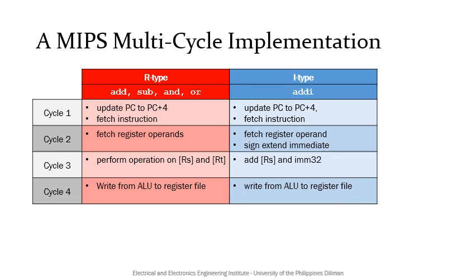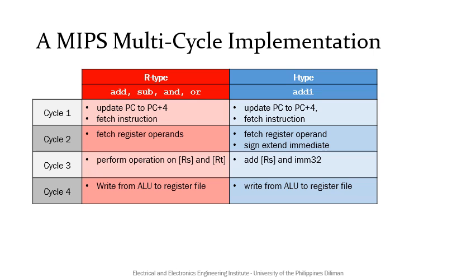Next, consider an add-I instruction. The easiest way to implement a multi-cycle data path is to use similar stages across different instructions. Thus, we will also divide the execution of the add-I instruction into 4 clock cycles. There are 2 noticeable differences. 1. The immediate is sign extended at clock cycle 2, at the same clock cycle where the register operands are fetched. The second difference is that the sign extended immediate is used as the second operand to the ALU